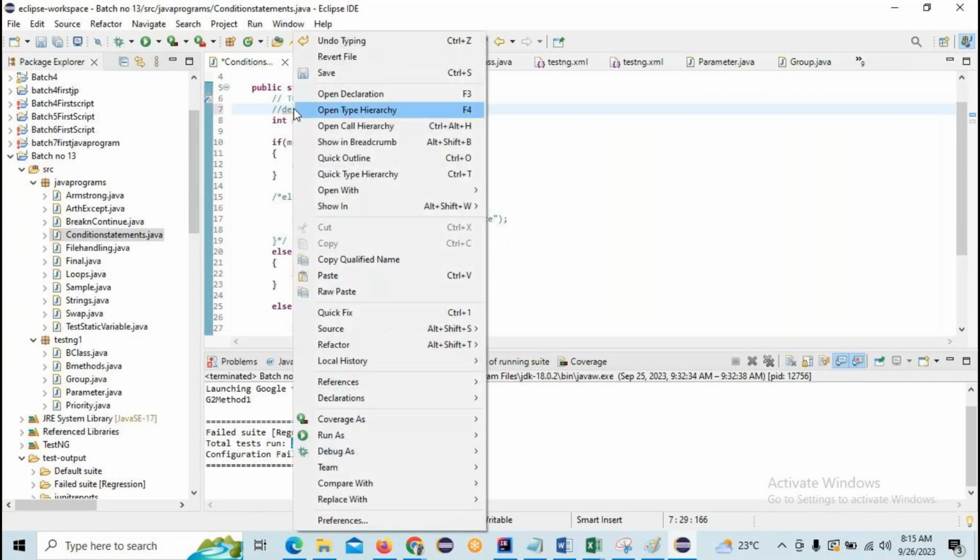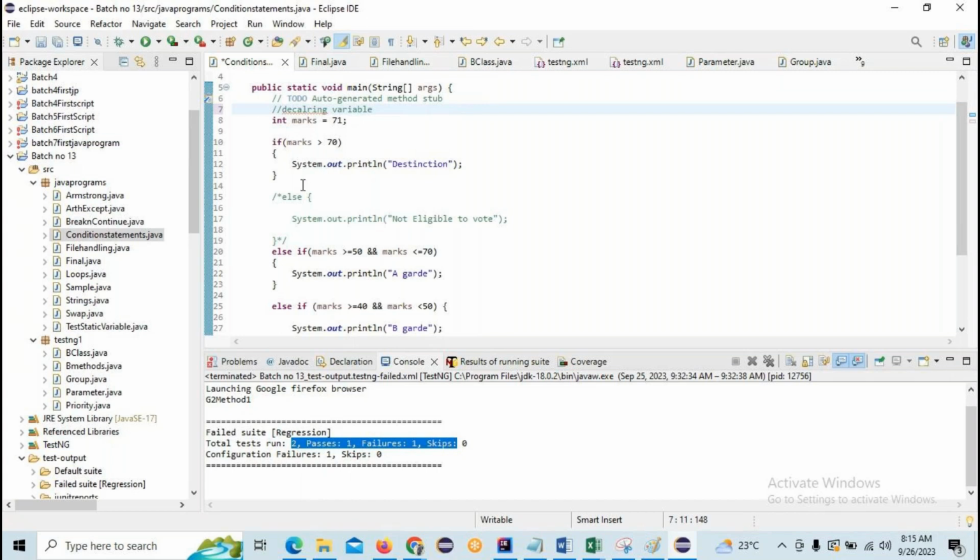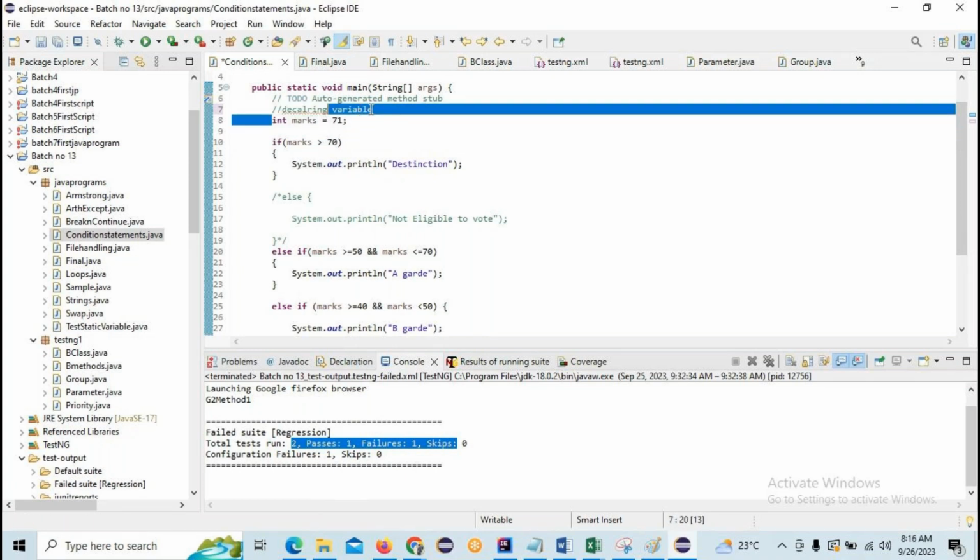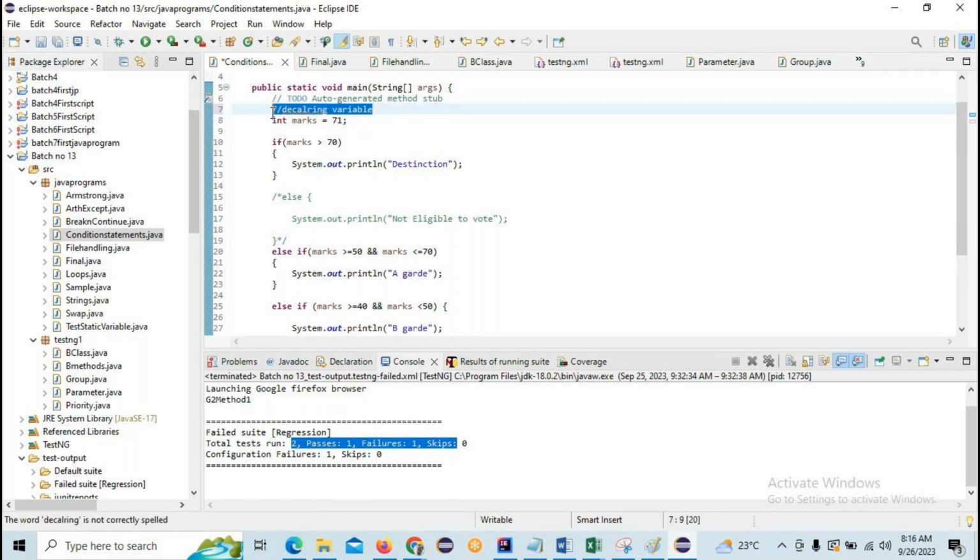Like that here, I'm comparing the marks with distinction, comparing the marks with first grade. Like that you can take it. These comments help us understand what this code is. You can use the comments like that to make your code easier to understand.